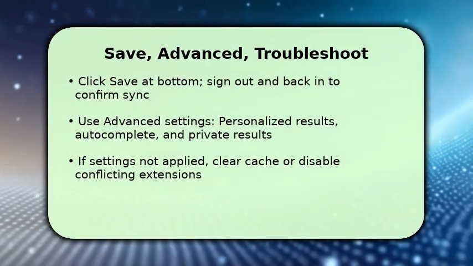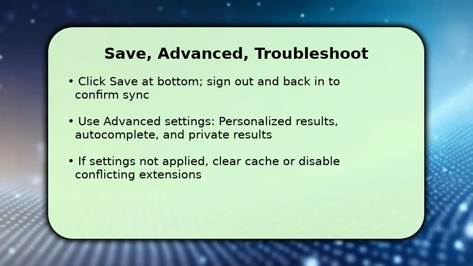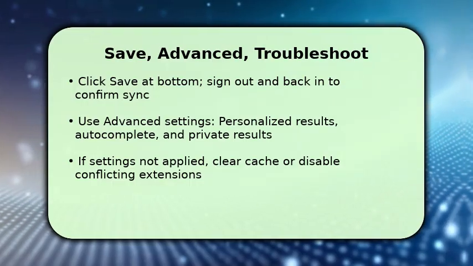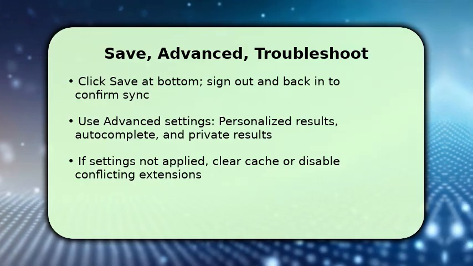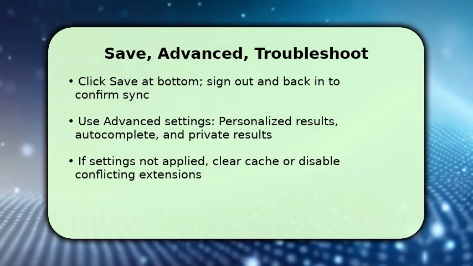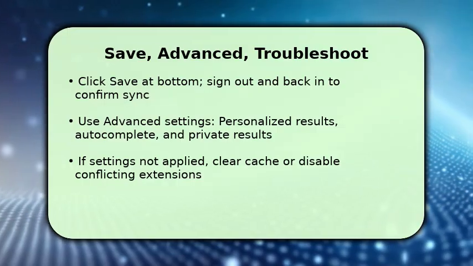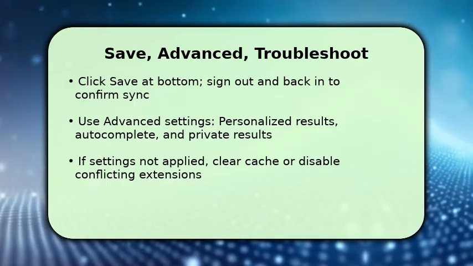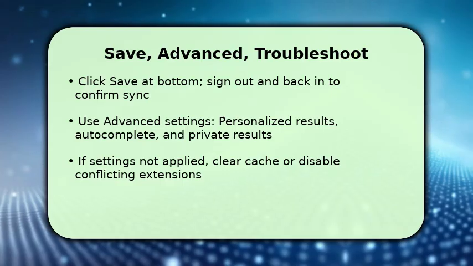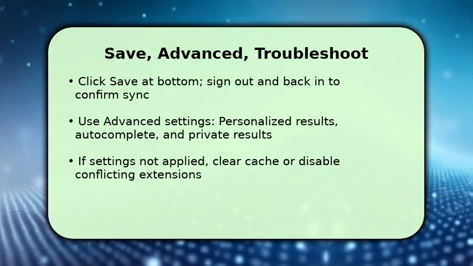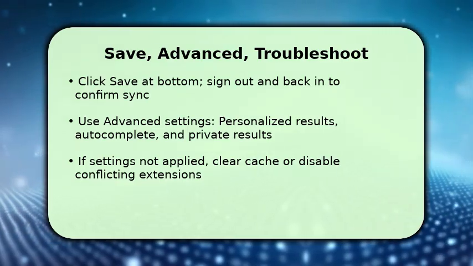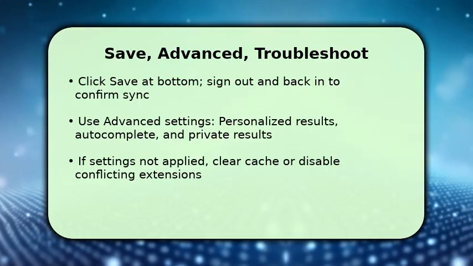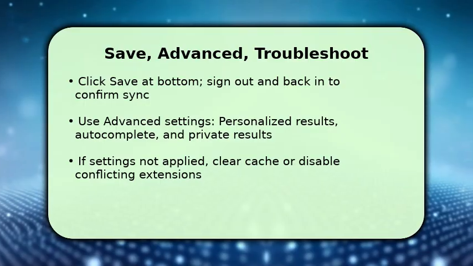You can also open advanced settings to control personalization, autocomplete suggestions, and private results tied to your activity. Once saved, sign out and back in or sync another device to confirm changes propagated. If something goes wrong, clear browser cache and cookies, disable extensions that alter pages, or update the app. These steps fix most sync or display issues. If settings still don't apply, check account-level parental controls or